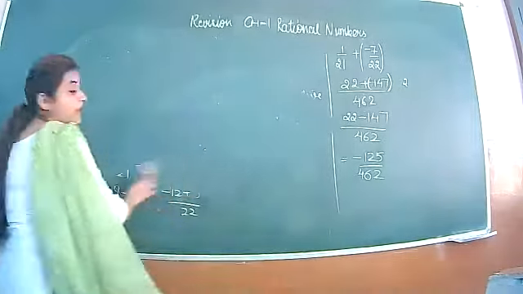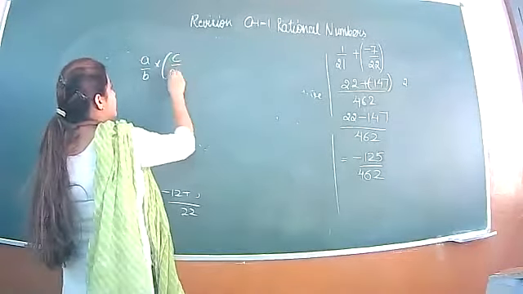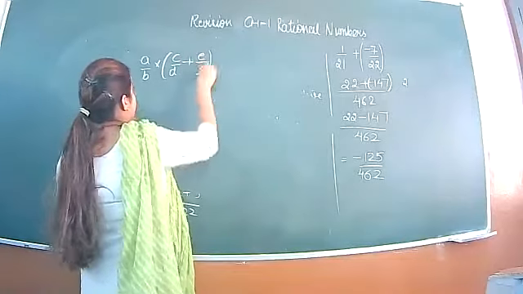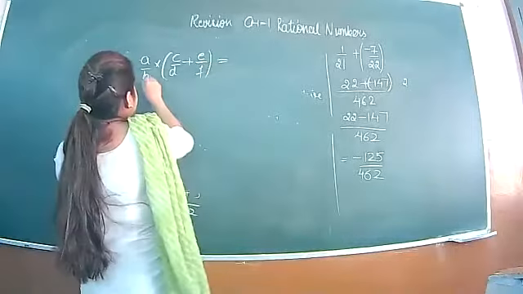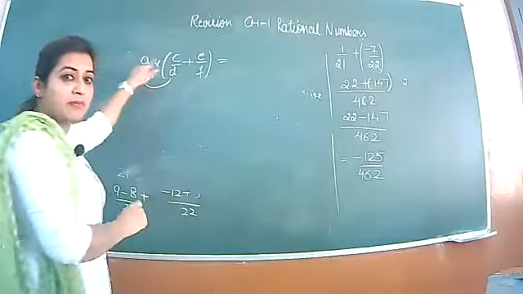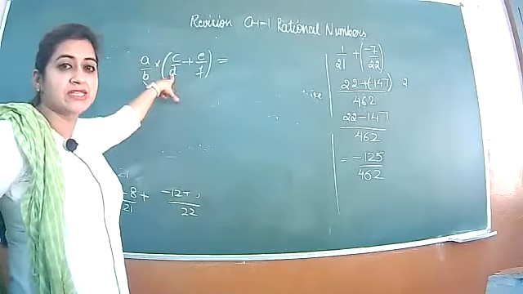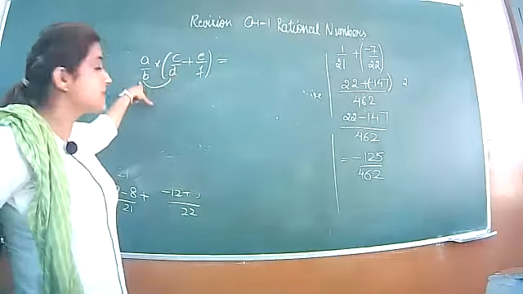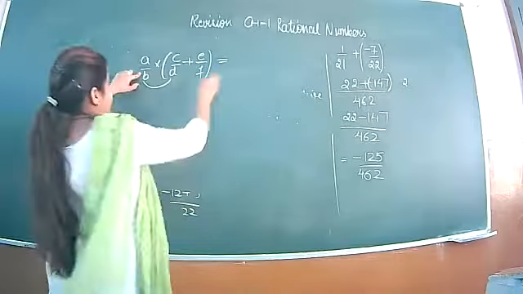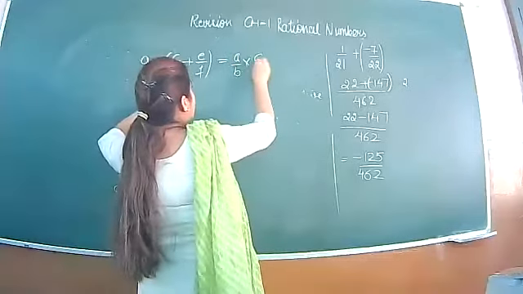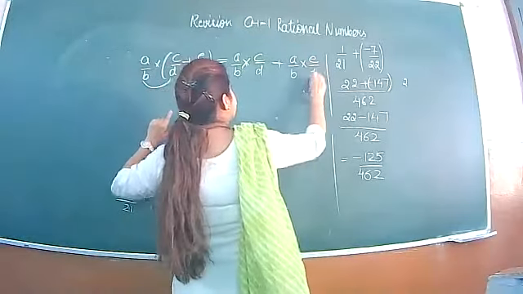You will multiply a rational number A by B with C by D and E by F. You will multiply A by B with the sum of two other rational numbers. That will give you, you multiply the first number with each. I have given you example earlier. Guest, this is the gate of your house. When you open the gate, this guest will shake hand with both the members inside the home. So A by B will be multiplied with C by D plus A by B multiplied by E by F.